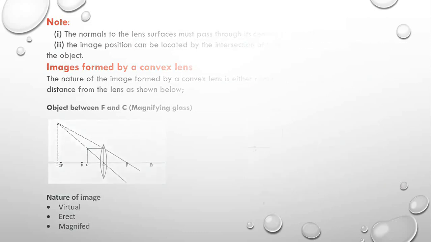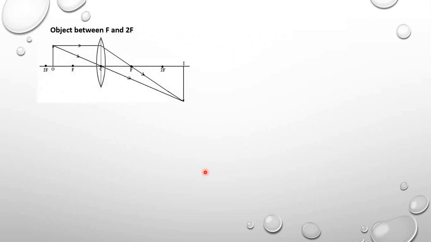Let us also look at when the object is between F and 2F. You place your object between F and 2F. Remember, the distance from C to F is the same as the distance from F to 2F. So when the object is placed between 2F and F, a ray parallel to the principal axis is refracted through the principal focus. A ray passing through the optical center goes undeviated, and the image formed is going to be